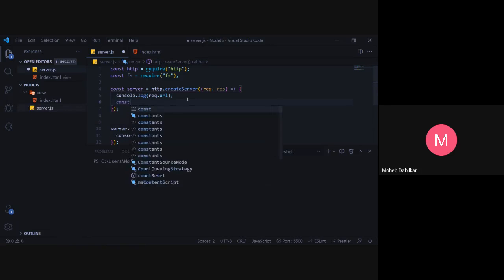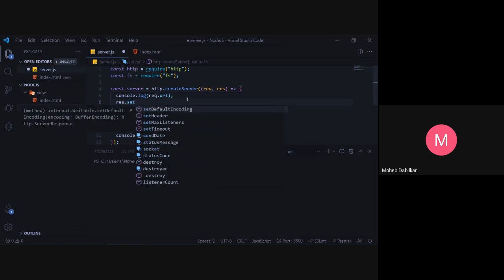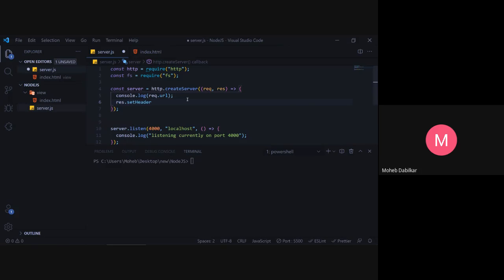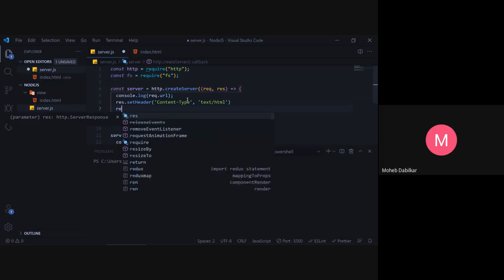These headers are used to say to the browser, okay, look, this is a content type. So let's just say content type, and then the type of content. So we are sending you text and HTML type content.